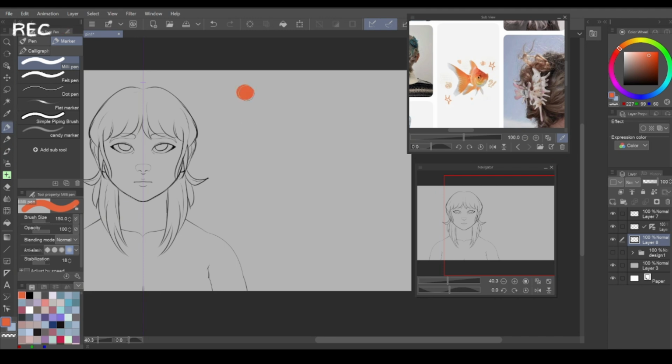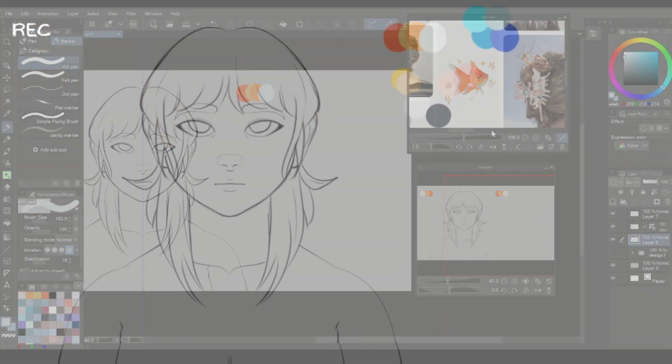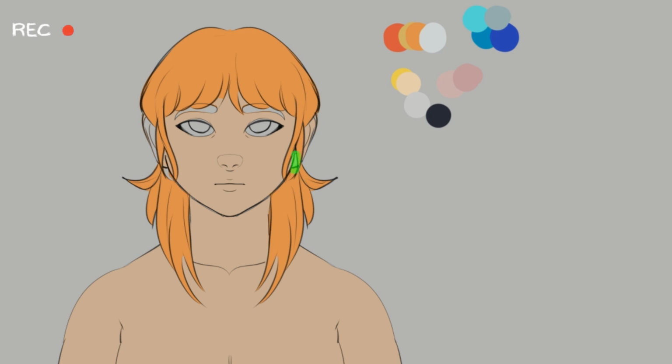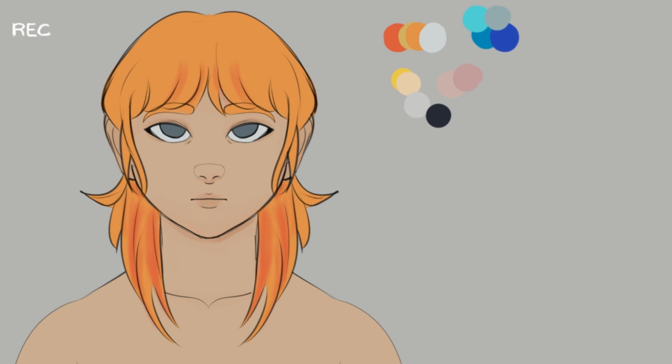I color picked her hair from a goldfish because I thought that would be cute, and it was cute, and she ended up looking exactly how I imagined her. She has a bunch of freckles and a really nice bold lip. I wanted her to look both soft and sweet, but equally as trendy and cool.